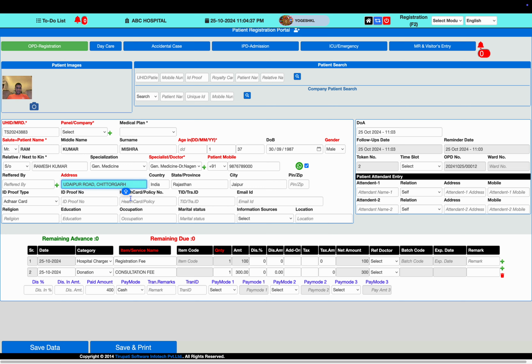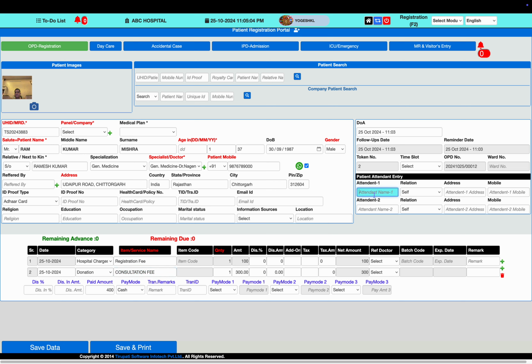And the patient address we can mention here. These are the patient health card number and UHID. The rest of the information is optional here. To prepare a one-time registration, fees and consultation fees will be applied by the software, depending on the hospital or institute based services.